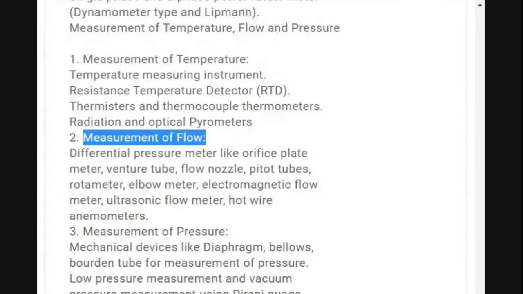Now next, the last one is measurement of pressure. Pressure is like creating an impact or a force on a particular device surface, or the pressure happening on a particular surface area, and we are going to measure that pressure. Now pressure is related to volume also. If the volume is more and you have a confined space, then you can have a pressurized vessel kind of mechanism. So how are we going to measure that pressure?